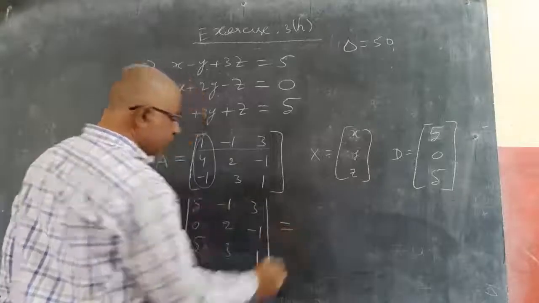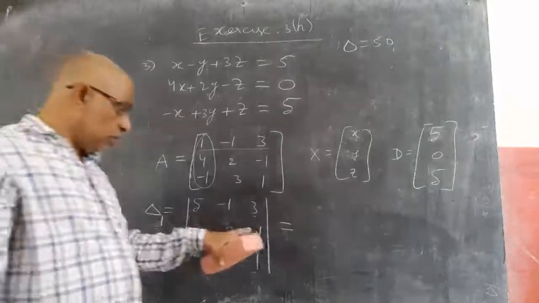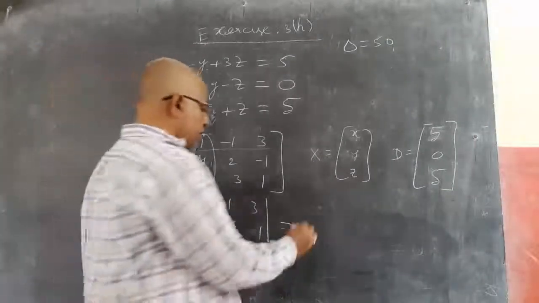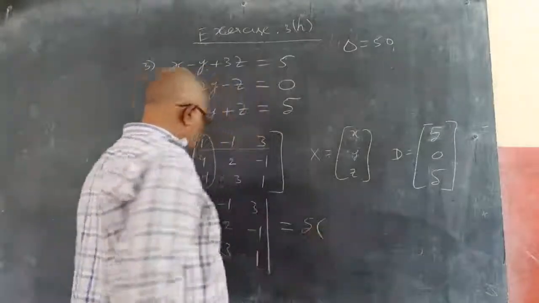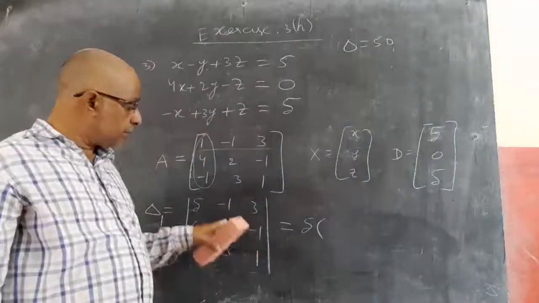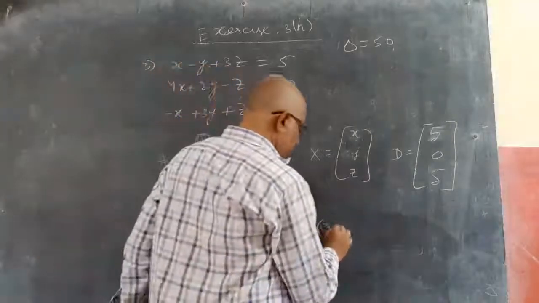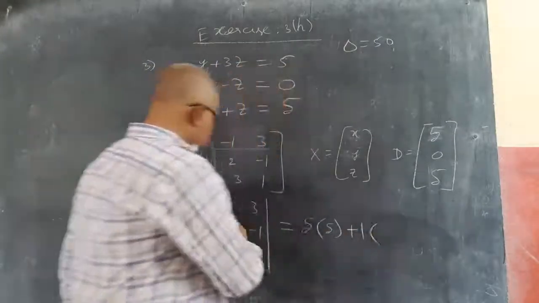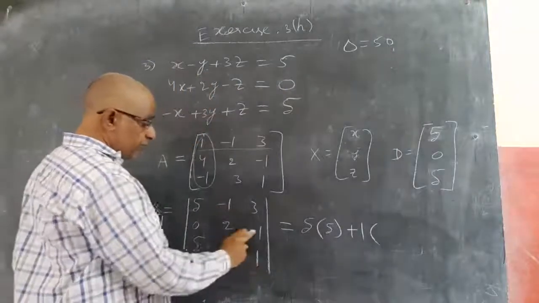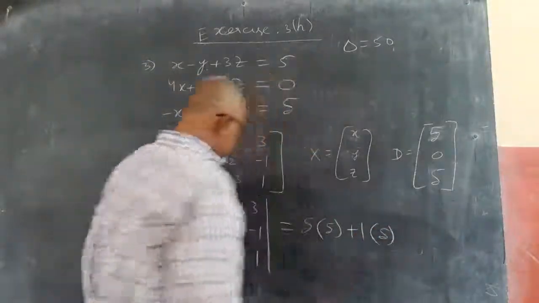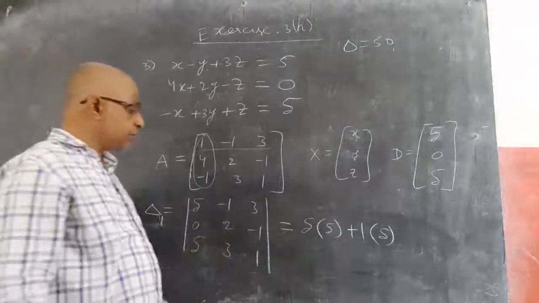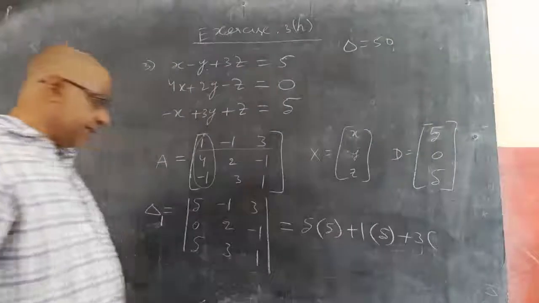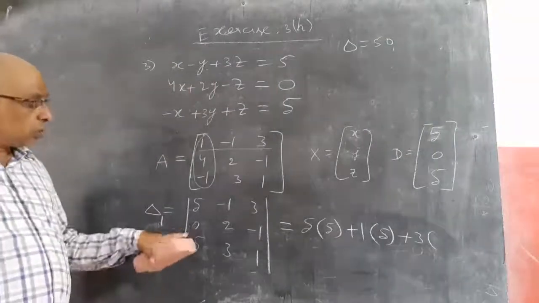Now I will find the determinant of this. Any row, any column I can take, so I will go for the first row only, no problem. 5 into its cofactor, closing this row, this column, 2 plus 3, 5. Minus of minus, plus 1 into plus 1 into 0 minus of minus 5, 0 plus 5, 5. Plus 3 into, how much will I get?